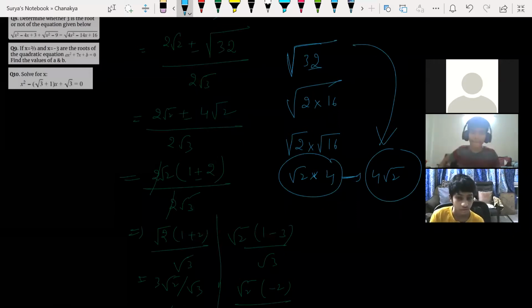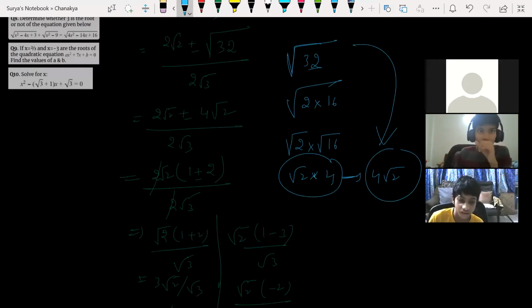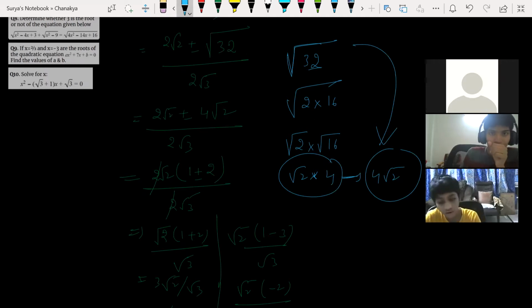Getting my point? Sir, I'm talking generally, if we have such a situation, root 2x to the power 1 by 2. Anything to the power 1 by 2 has a root, right? So can we write a whole root inside a root and then 2x? Is there a possibility we can cancel?